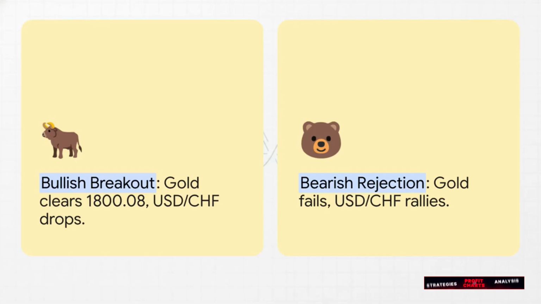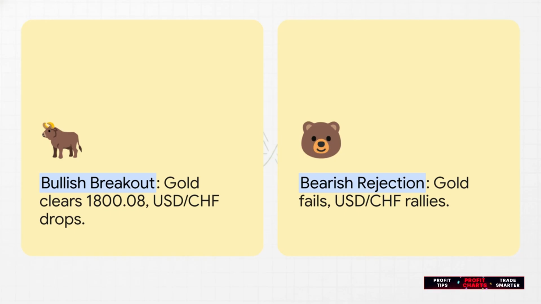Let's look at exactly how practical this gets. We've got two scenarios to digest here. First, the bullish breakout. If gold can successfully punch through that 200-day moving average at 1800.08, there is a clear open path for it to target horizontal resistance up at 1834. And because we already confirmed that inverse correlation, you would simultaneously be watching for your USD/CHF proxy pair to drop